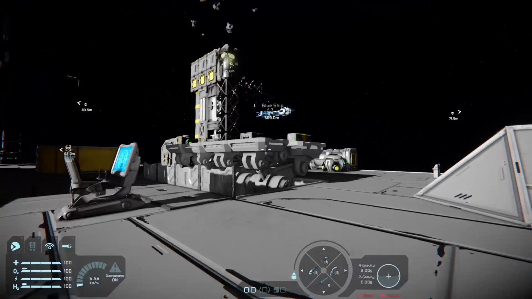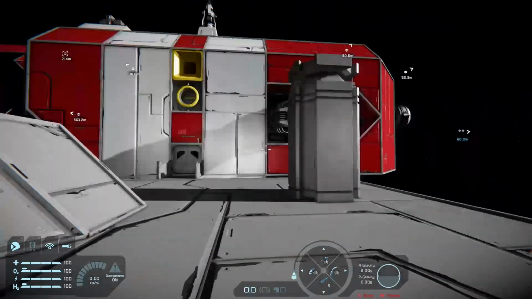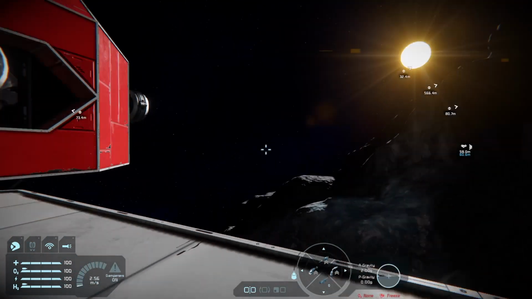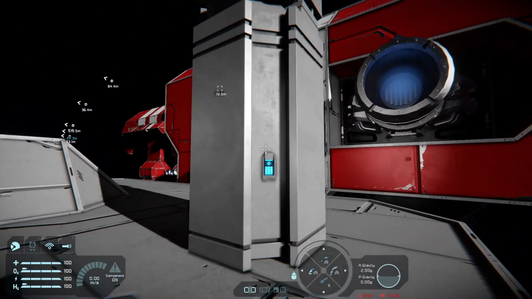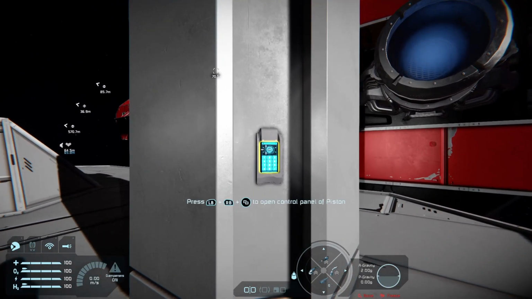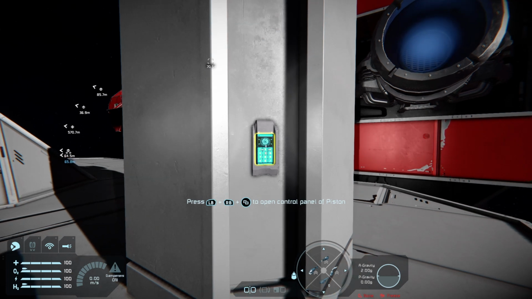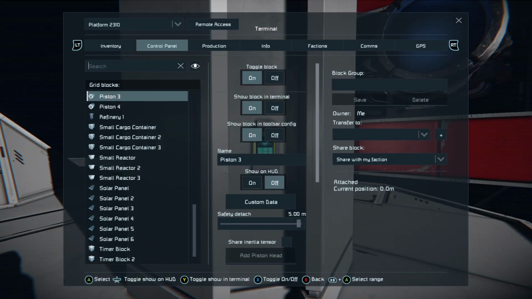So pistons can be used for numerous things. And since the block collision update, you can do far more with them than you could before. Many people will tell you not to place pistons next to walls and so on, but you can now make proper lifts with pistons. But let's look at the piston.